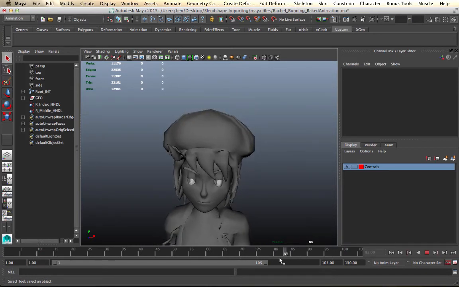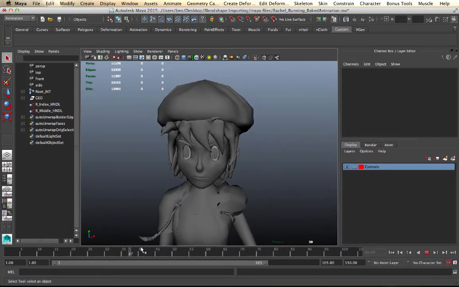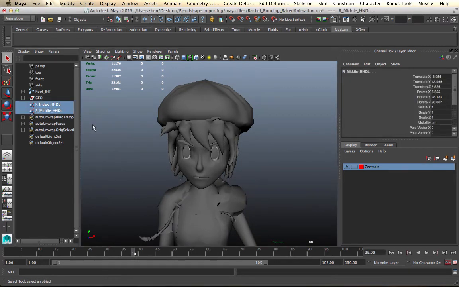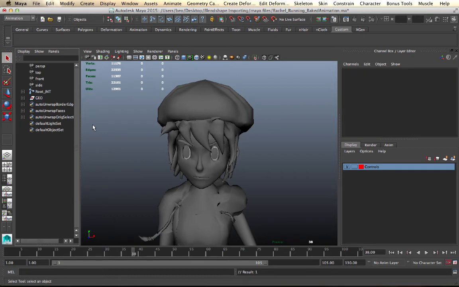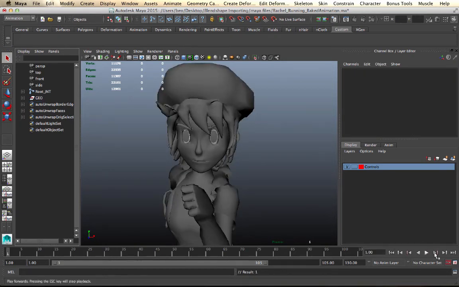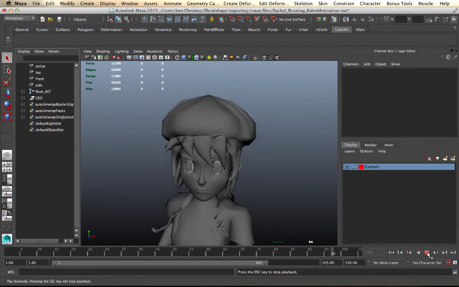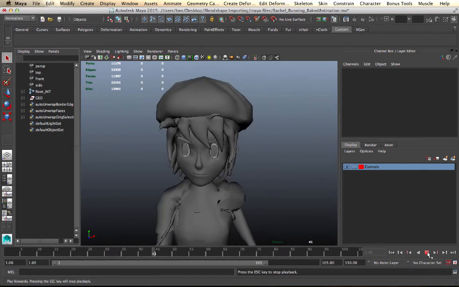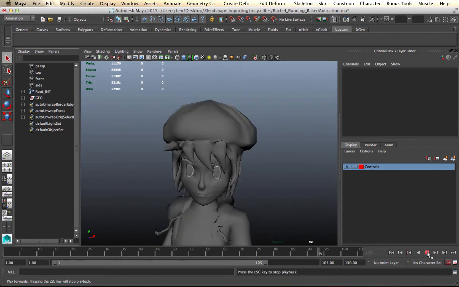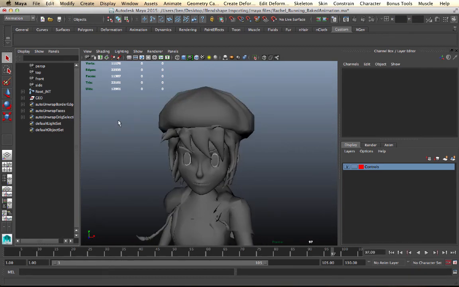All right, so that should still be working. That's good. And I can also get rid of these two things. So these are two IK handles that I don't need. So animation's still working, but I've just been able to bake all that data down and get rid of all this sort of extra stuff. And this is actually kind of a good thing to do before exporting anyway,